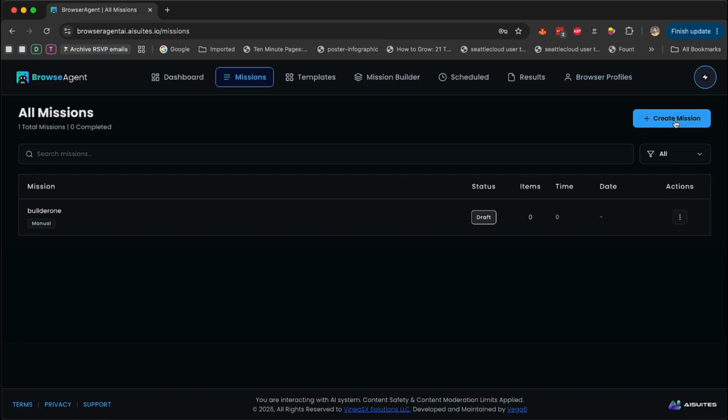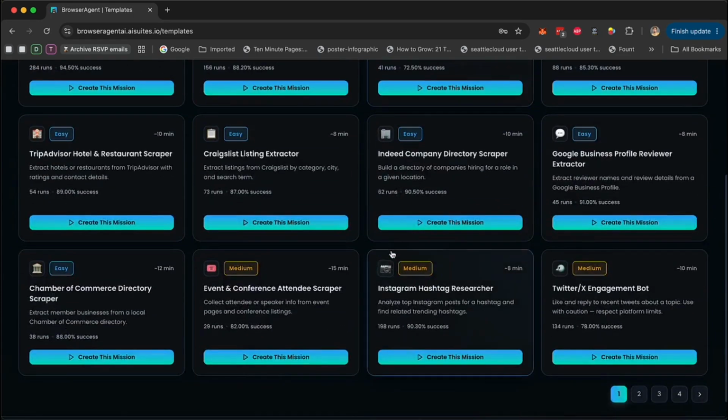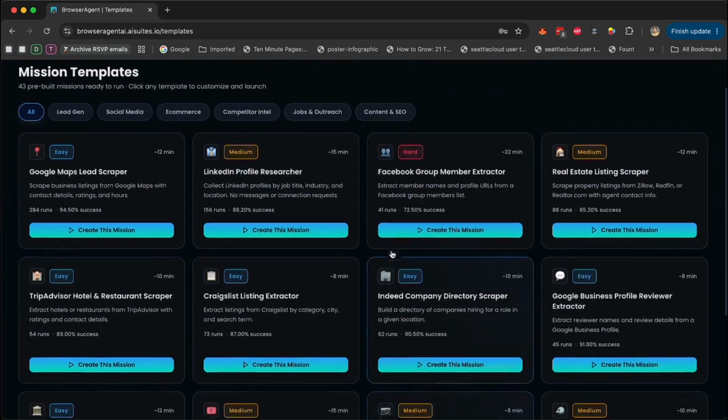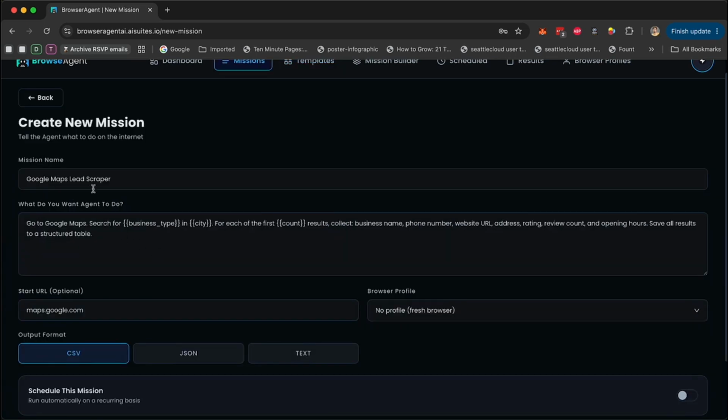So we go to mission and you click on create mission to create a mission, or you could go to templates and pick from hundreds of pre-made job task missions that we have created that you can just use. So for example, we want to use one of the missions here. So let's go with the first one, the Google Map lead scraper. Go to Google Map and search for